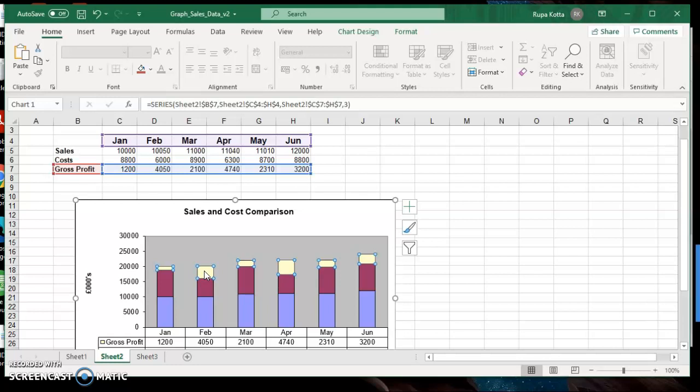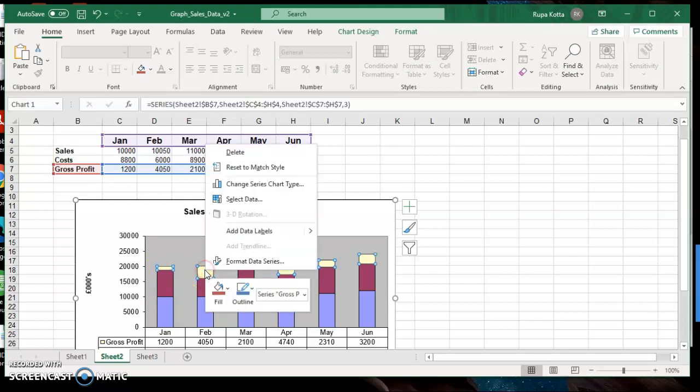Okay, so you can change different elements of the chart. They don't want to change the sales or the cost, they want to change the profit, and they want the profit to come as a line rather than on top of the cost or on top of the sales. To do that, first don't select the whole chart, select only the profit part, which is that cream one, and you can see all of them are selected. Right click and choose change series chart type. So we are only changing the chart type for this cream series, and this cream series is for profit.